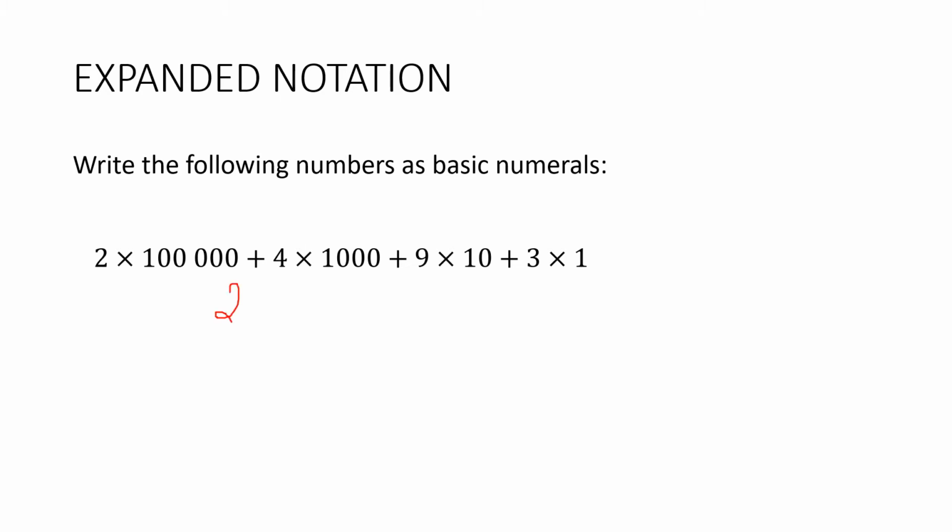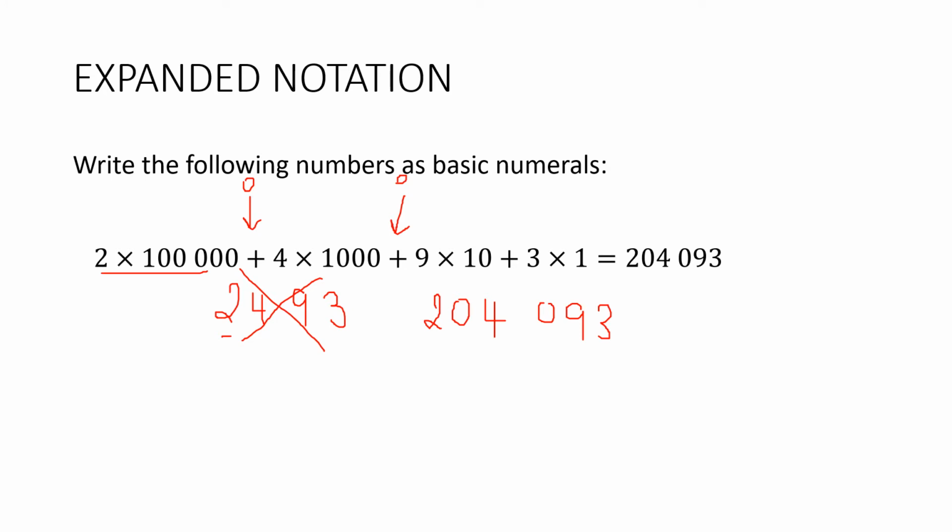So what happens if I just write down the digits? I get the wrong answer, don't I? I mean, this is 2,493. We've got 2 times 100,000. So what's the problem here? We are missing a few place values. We have 0 10,000s and we have 0 100s. So instead what we need to do is this. 2 in the 100,000s position, 0 in the 10,000s position, 4 in the thousands. We have 0 hundreds, we have 9 tens, and then we have 3 ones. And there's our final answer,